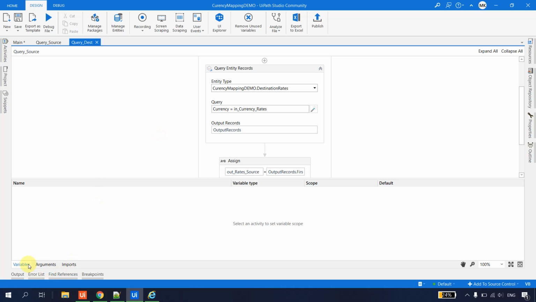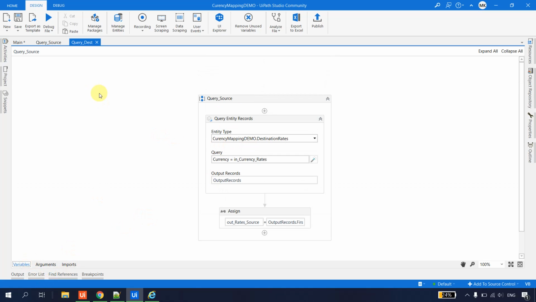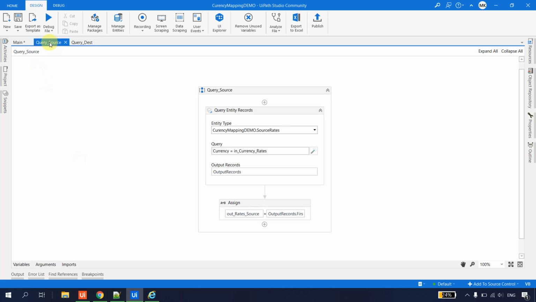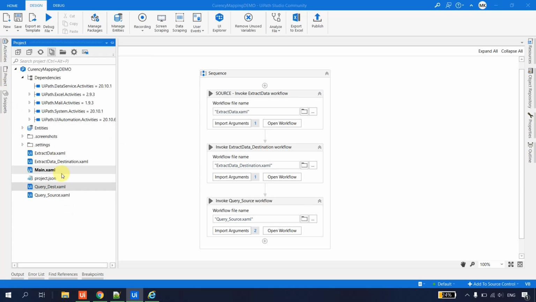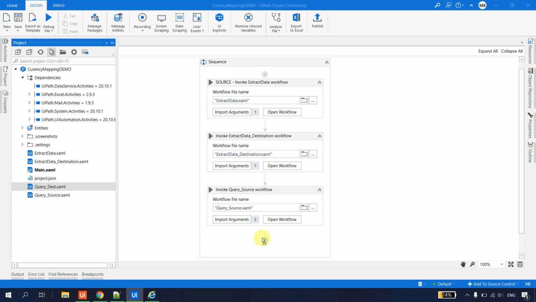Okay, seems good. So what would happen is it would query the destination rate, whatever rate we provide, it will filter the first record and give us the rate. Okay, now let's go back to the main workflow, and now we just drag and drop the query destination,